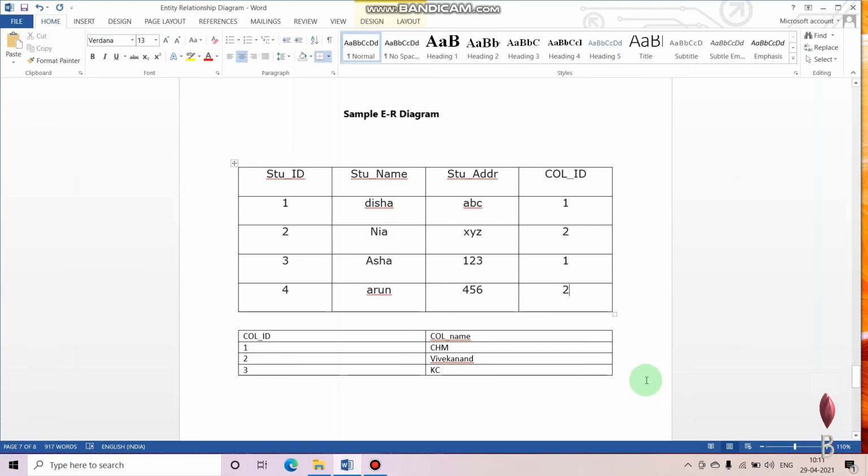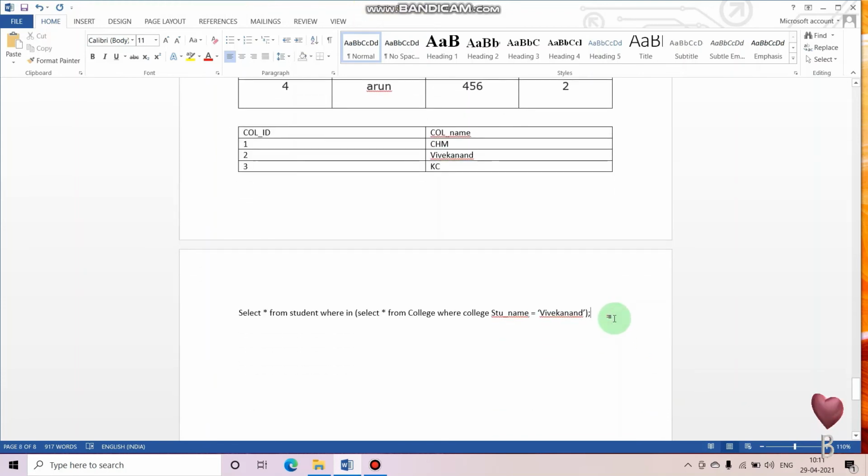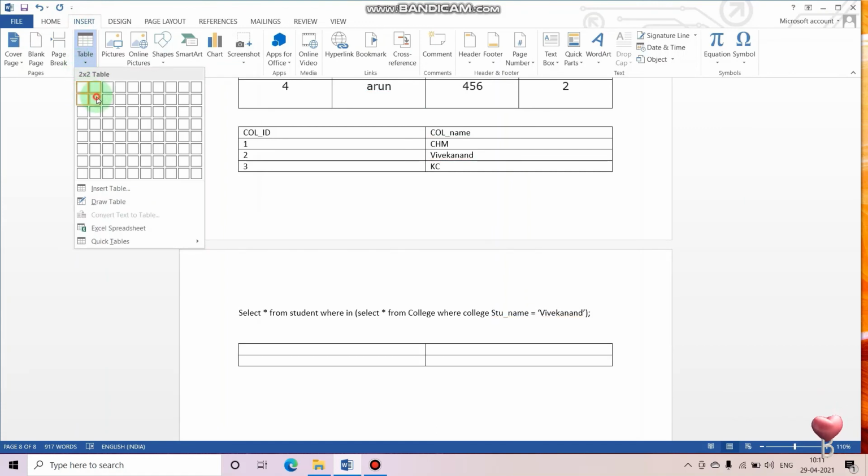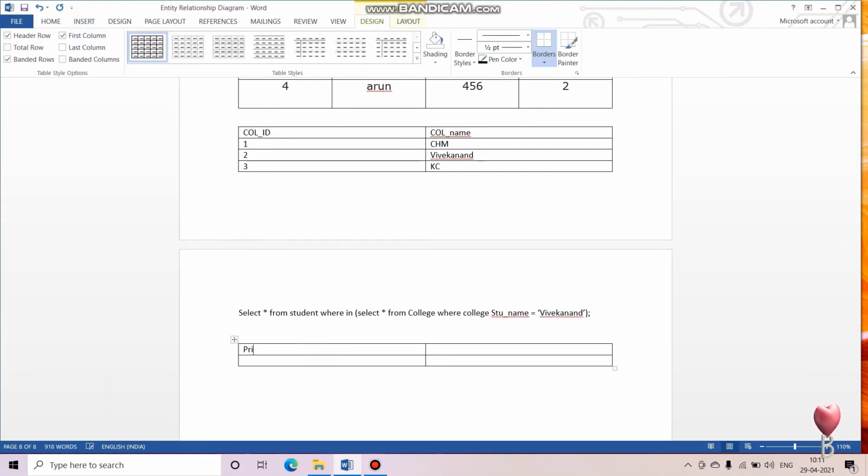Now the only difference between the primary and the unique key is, in primary key and unique key, both will be having unique values. Values in these cannot be repeated.